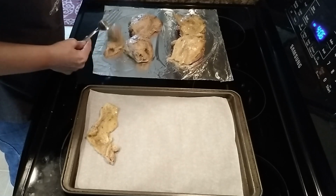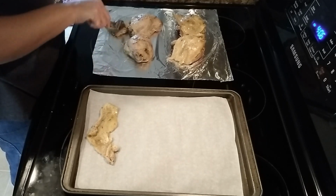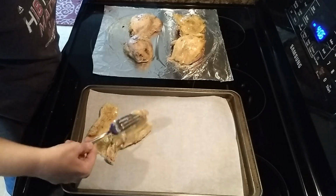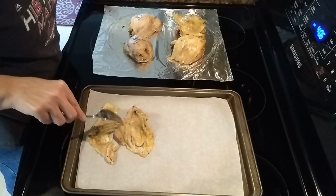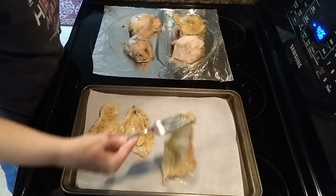This is when I took them out of the crock pot, and I'm just gonna take the skin off, and I have a baking sheet with some parchment paper. I'm not handling the skin, it's cooked, but it's hot, so that's why I used a fork. It's a little bit tricky getting it lined up, but basically just taking all the skins off,